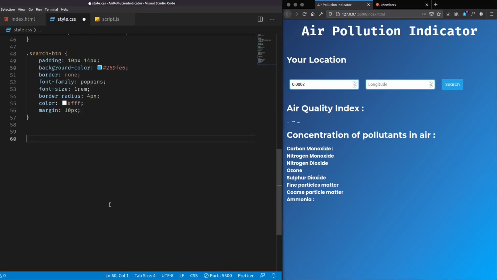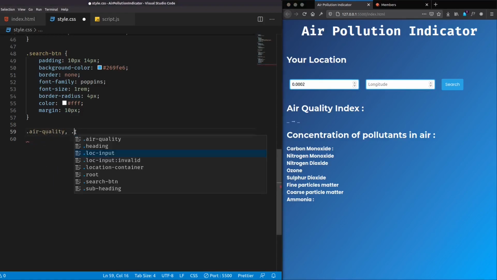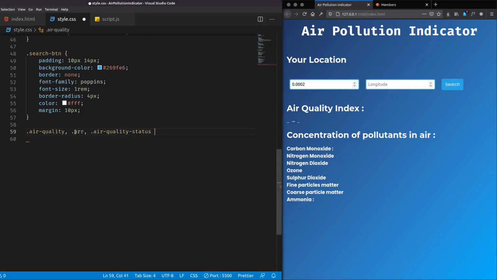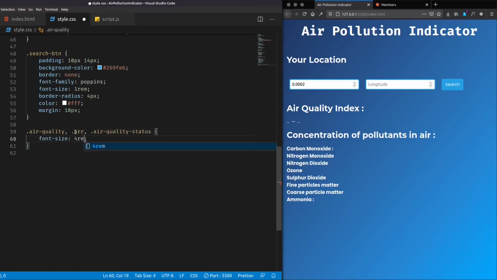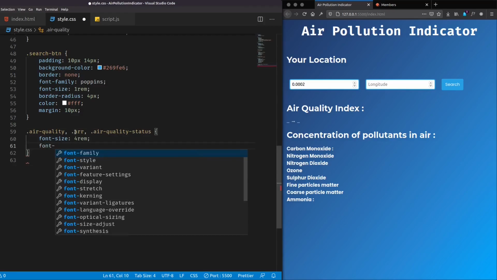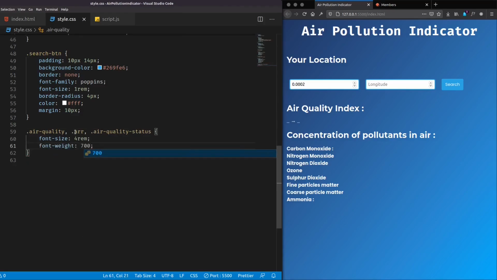Let's go ahead and also style our air quality arrow and air quality status. Let's select all those and give a font size of 4 rem and also give a font weight of 700 so it becomes bold.